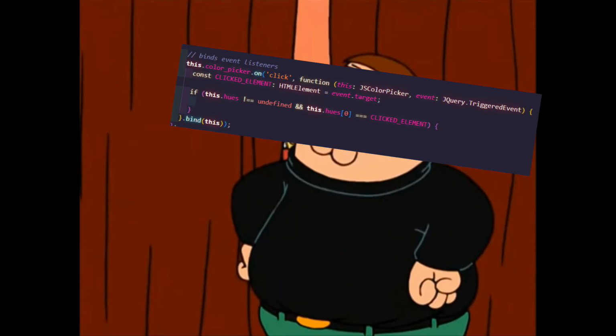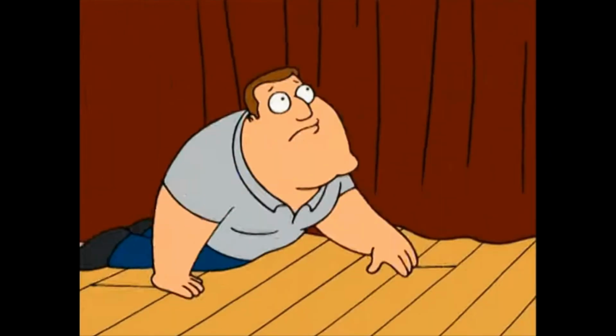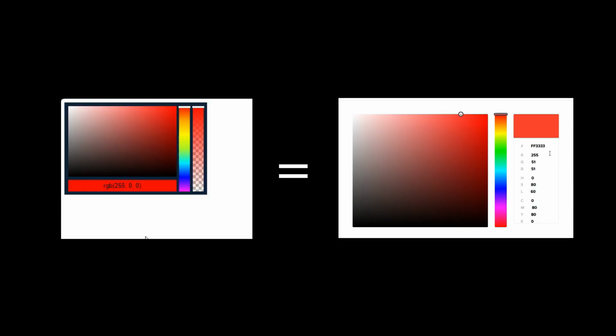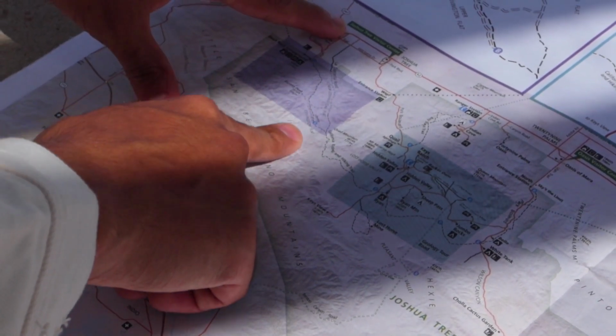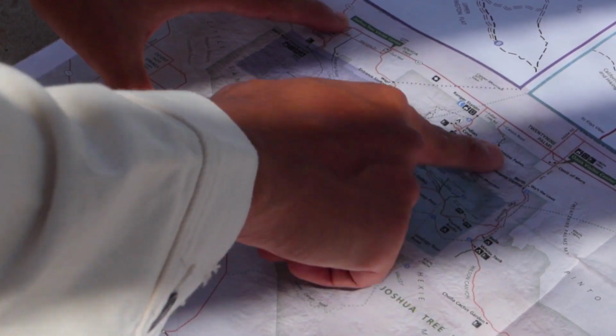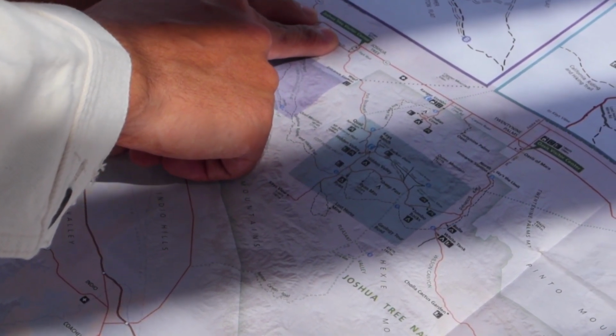After doing that, I decided to go back to the click event again to implement the response. Just to reiterate, when the hue component is clicked, the selected color is supposed to change and the slider is supposed to move to the spot where the click occurred. To achieve these effects, I needed to get the coordinates of the user's click and pass it to the API of the hue component's canvas.